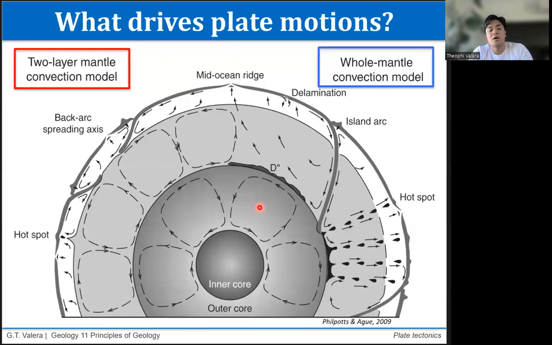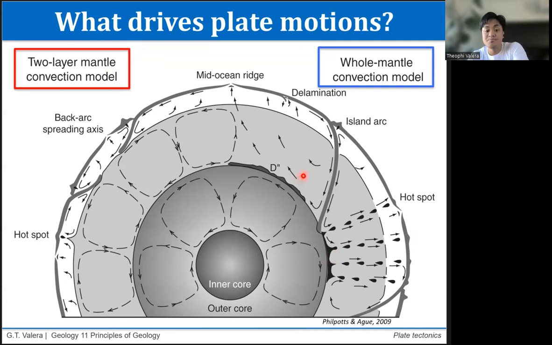remaining questions such as how does this mantle convection work? Is it a two-cell convection, so that you have a convection in the mesosphere and a convection in the asthenosphere, or is it a single convection cell like this one? And what are the effects of other components of the system, such as hotspot volcanism, paano siya form in the first place? Some argue that hotspots are only from the mesosphere-asthenosphere boundary, but others argue it's all the way down to the outer core-mesosphere boundary. So which is which? Diba?